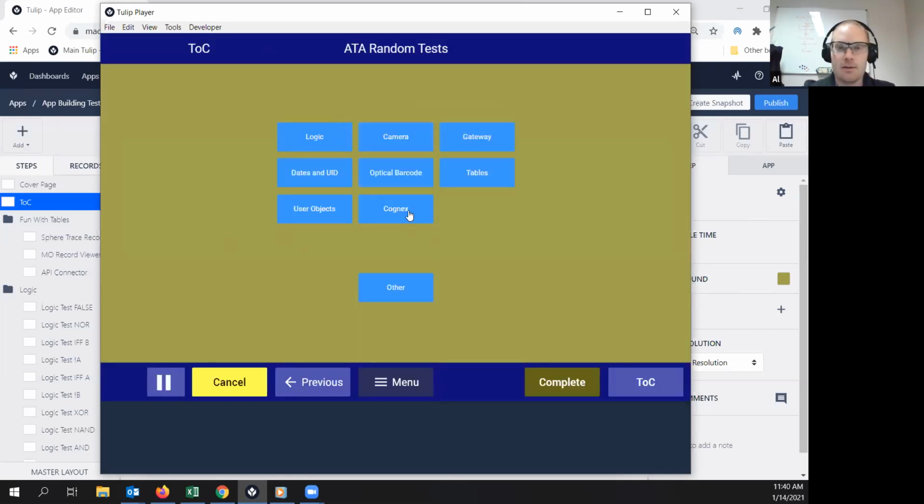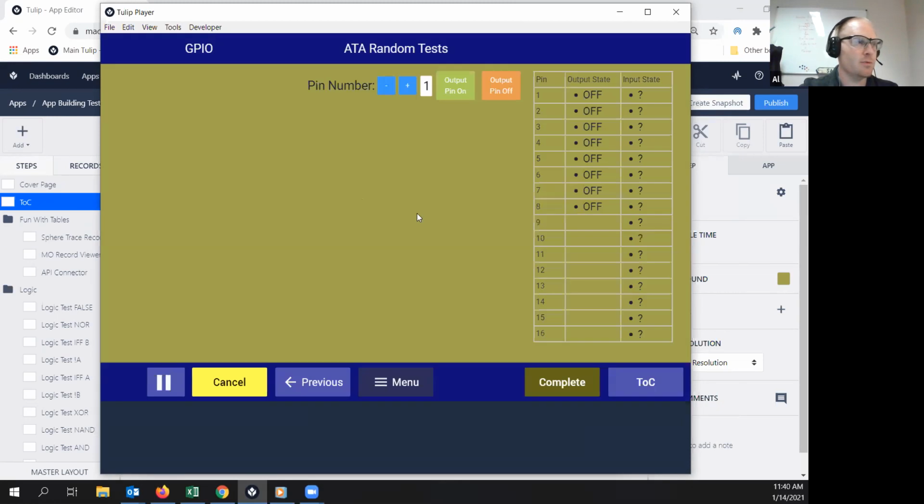So I started working with Cognex cameras to try and figure out how those would work with Tulip, and so I created a few pages that test with those. I don't have one connected right now, so I'm not going to show that. We bought a gateway, so I wanted to play with a few things on that. I didn't like the way that the app was set up to track the states of the different pins, so I created a